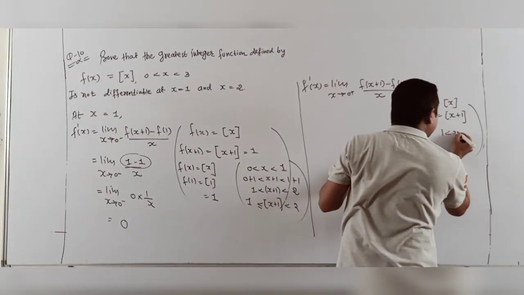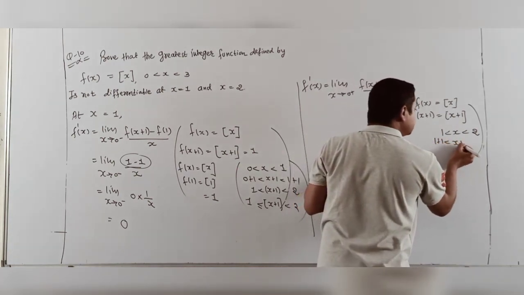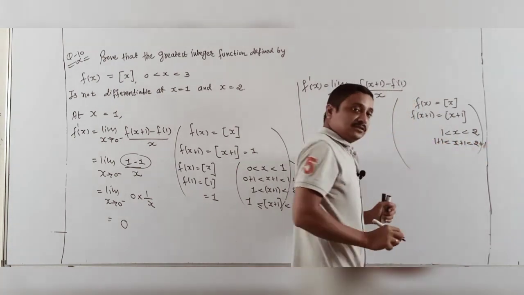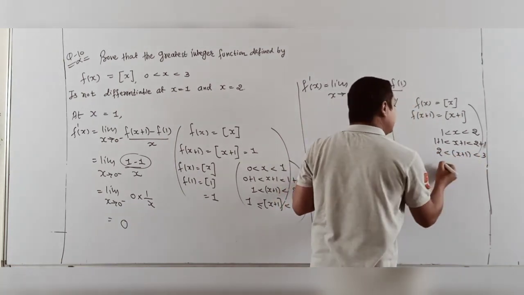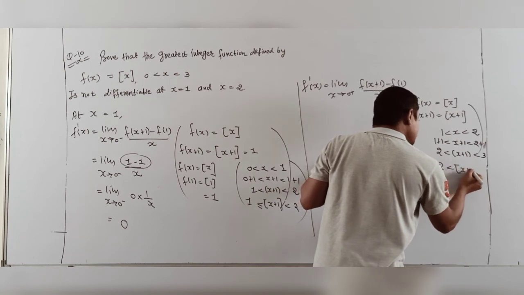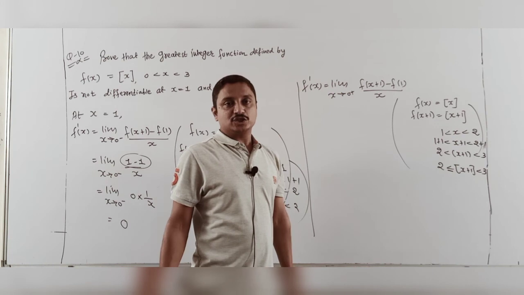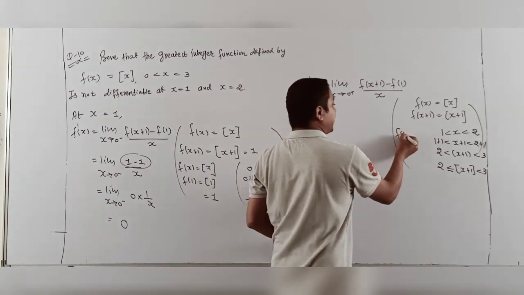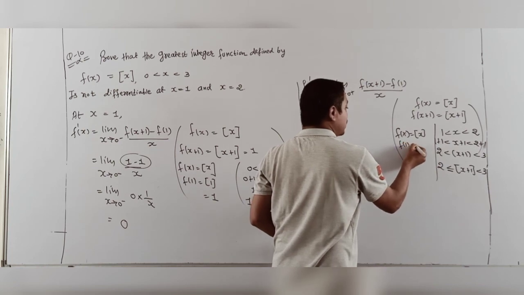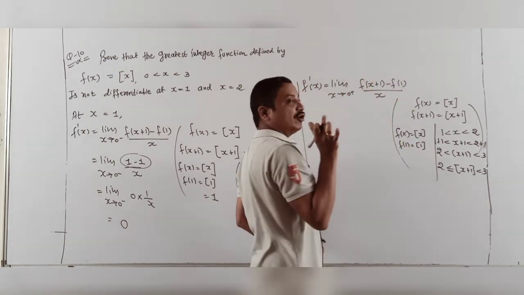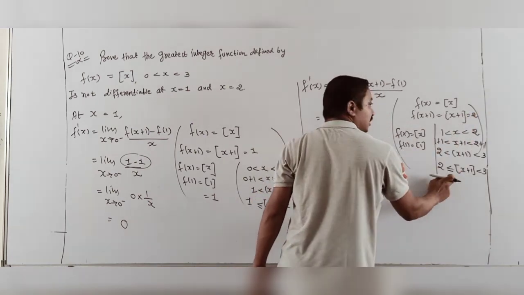So 1 less than x less than 2. Yes, 1 is added. Here also 1 is added. So from 2 you get just 3. And if you apply the integer function, surely you get the least value, which is 2, and that value is already applied: f(x) is the integer of x. f(1) is 1. So I am ready for that. So the limit, this answer, is 2 minus 1, because here the value is 2.